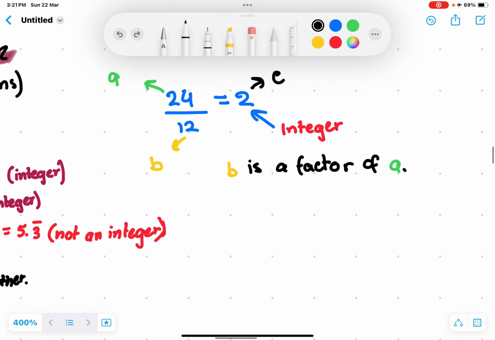And basically, since C is an integer, and if we know some rearranging, you know how we can do,